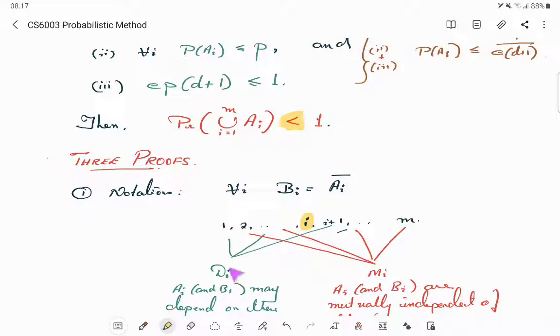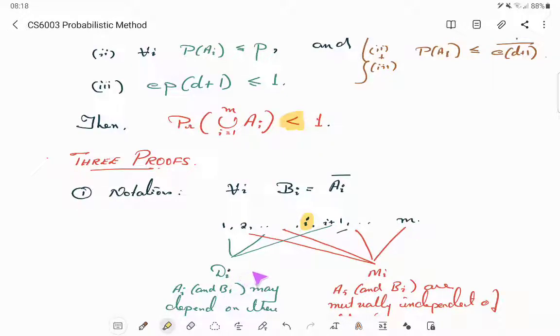Now I'm going to define this Di and Mi. But these Di and Mi are not in the same context as events. They are just subsets of these indices. So we have M events, which means when you name them as A1 to AM, the subscripts range from 1 to M. So this Di and Mi are two subsets of this range of indices. And since there is one Di for each i,